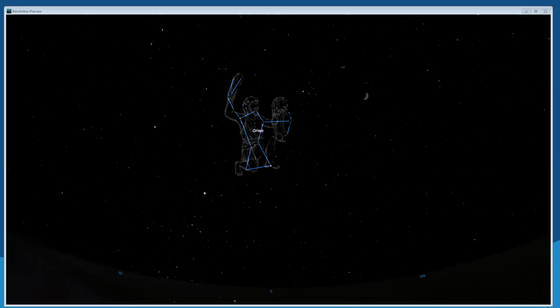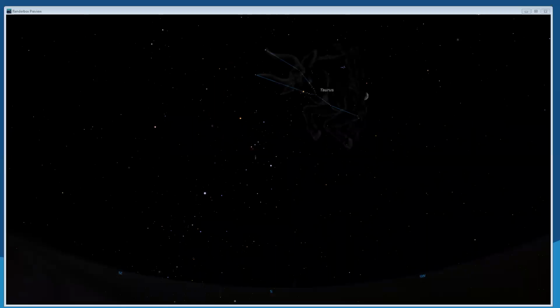This flat version of our SciDome doesn't do Orion justice in the winter sky. He's just huge, and that belt really stands out. You can use that belt to point you up to this V in the sky, and that V is Taurus the Bull.